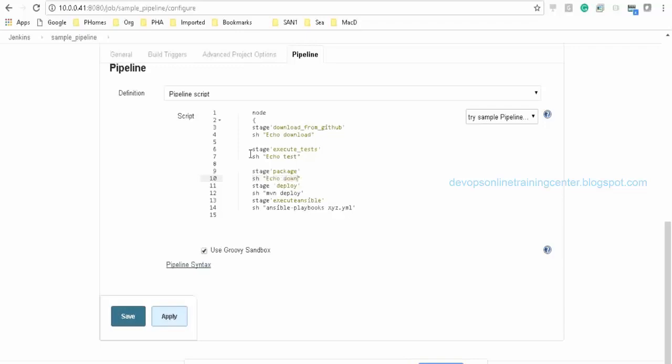Echo package. This will not do anything but simply print the messages, just for demonstration purposes. Echo deploy. Echo. Right. So I'll just save this and execute. Let us see how it looks.